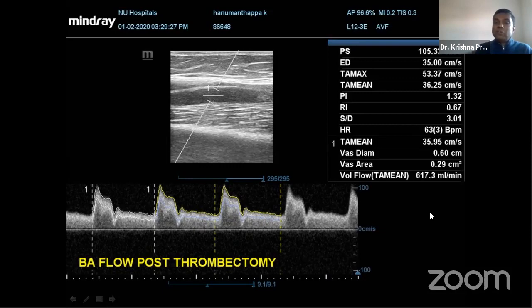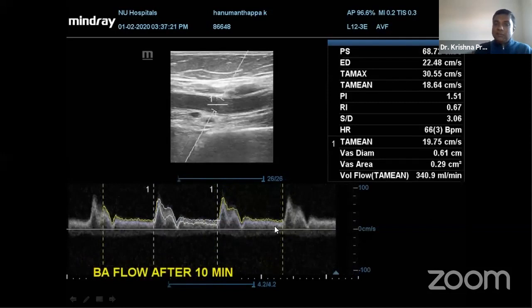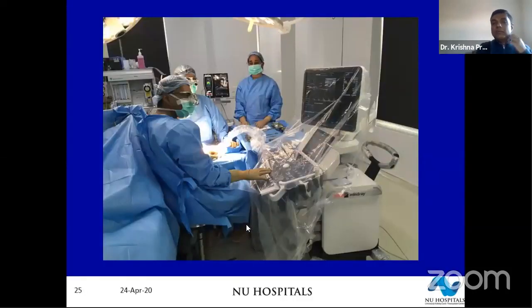So I was really not happy with the way this flow pattern looked. And just wait for 10 minutes. Same patient, you can see the flow has dropped to 340. And the flow is more or less coming back to the triphasic arterial pattern. So you can easily predict that this is not a fistula which is going to remain open. You can have a candid discussion with the attenders, the relatives, including the patient, and say, well, I don't think this fistula is going to hold on or stay open for a long time. And predictably, this fistula clotted and he had to come in for another fistula. So that's how I do my fistulas on table, a Doppler for every single case and an ultrasound for every single case, and it's documented.